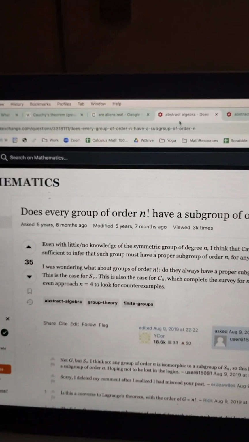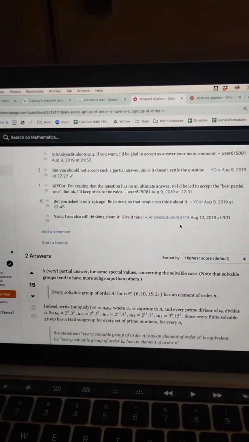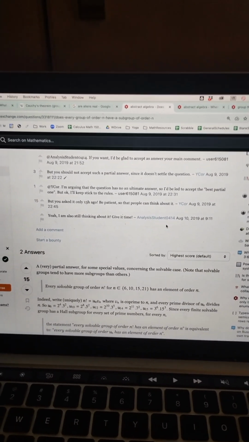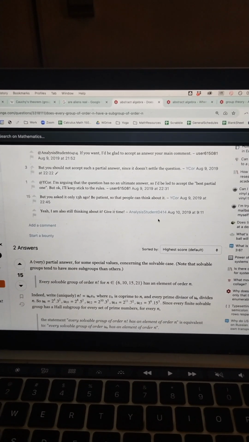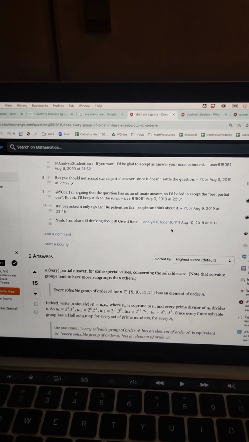And when we come back over here, you can read more about the discussion and what people were saying to try and solve this problem. I was just randomly Googling because I was curious about what was known about these groups, and I was frankly pretty surprised to find out that this fairly basic question, I think, is still open. There are lots more sophisticated ones that I wanted to ask, but even this one is still open, and I think that's what makes math pretty cool.